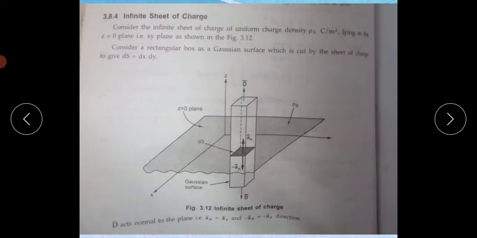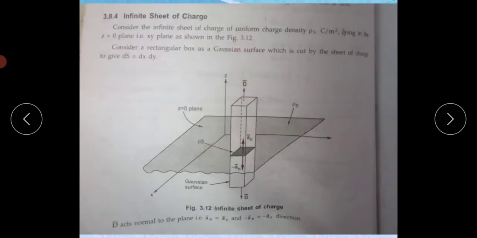The rectangular box has three surfaces: side surface, top surface and bottom surface. So it is the sides integral of D bar dot dS bar plus the top integral of D bar dot dS bar plus the bottom integral of D bar dot dS bar. We know that in the x direction and y direction the electric flux equals 0. The sides are parallel to the charge. Inside means in the x direction and y direction, the electric flux lines equal 0. So the side surface integration of D bar dot dS bar equals 0.